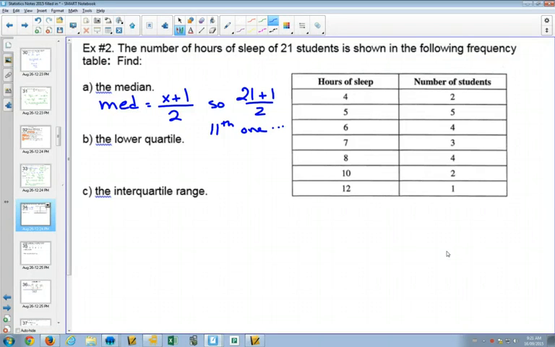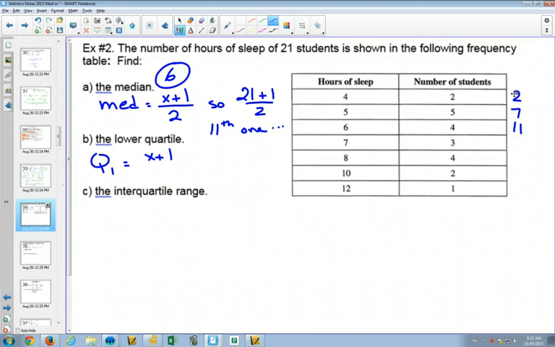So if we're counting along, we're at 2 here, we're at 7 here, we get to our 11th one if we add them up along the way when we get to 6. So the median is 6. For your quartiles, if you add 1 to the amount that you